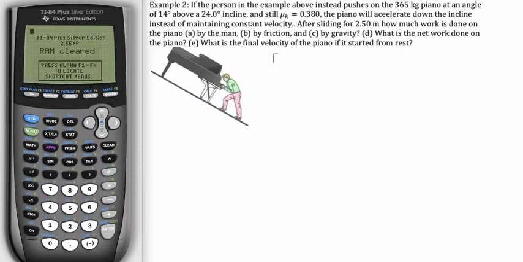So the pushing force from our person, and that was calculated in a previous example, is 1,440 newtons. So quite a strong push. And that's actually how much pushing force is being provided. Okay, and in the previous example, that was actually enough pushing force for the same piano at the same slope and the same friction coefficient to maintain constant velocity. So if you want to check that for yourself, you can see that that's the required force to keep